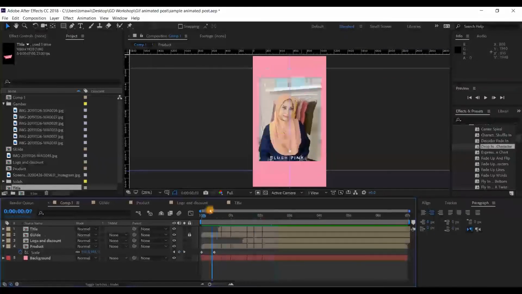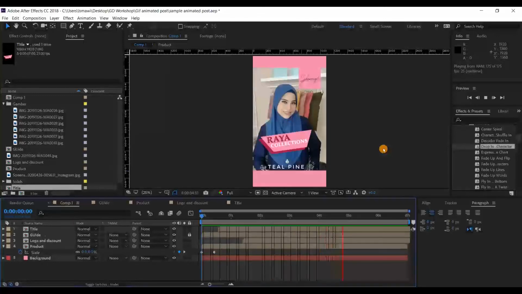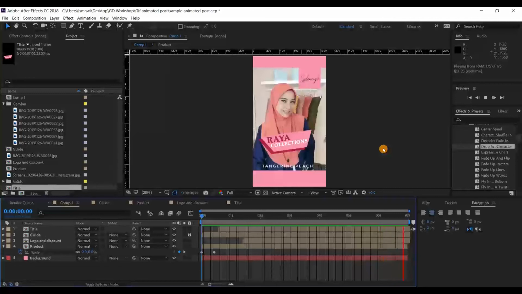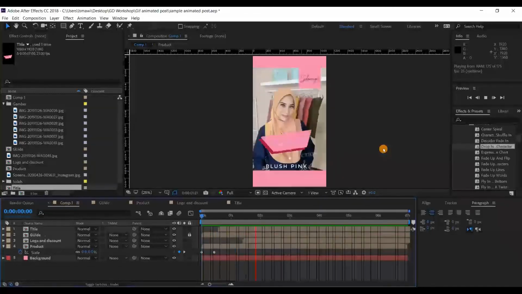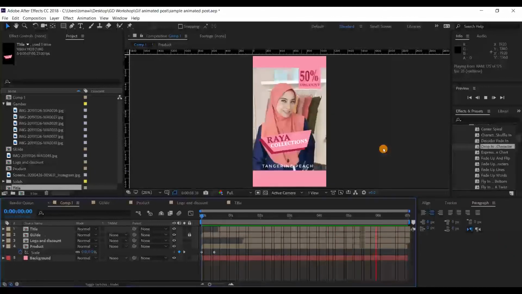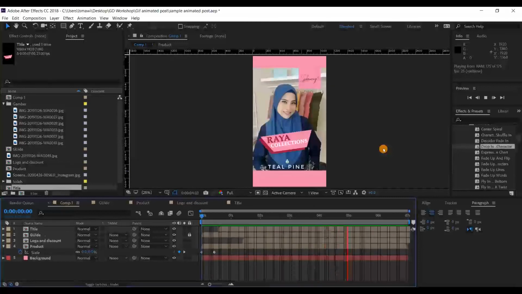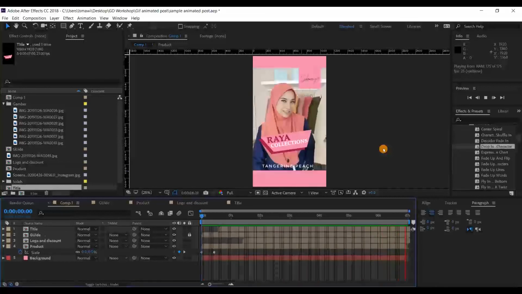So again, this is how we create an animated post using only After Effects. In industry, by default, we compose first inside Photoshop, then export to After Effects. But this is how, if you only have one software and you want to create the animation and the graphic, you can do it all inside After Effects.